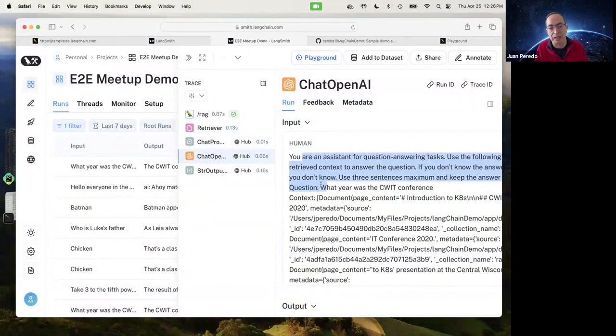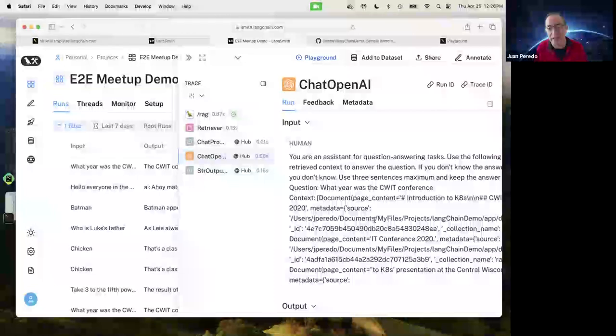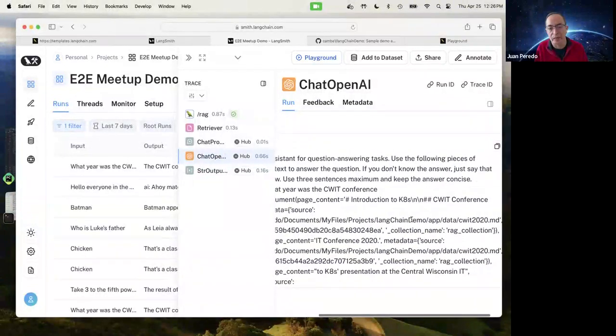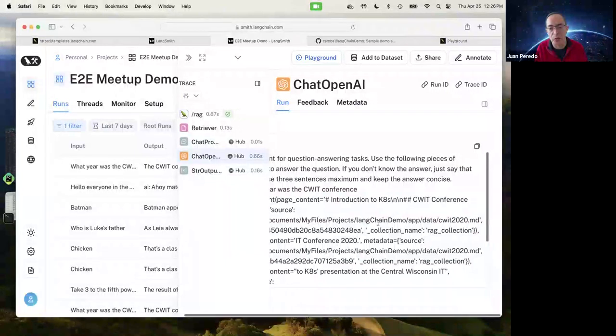But now it also has our question, and it also has a context which has those bits of information that our retriever had collected, and that contain information not only about the bits of the document, but also what document that's coming from, right? That's coming from that document in particular.